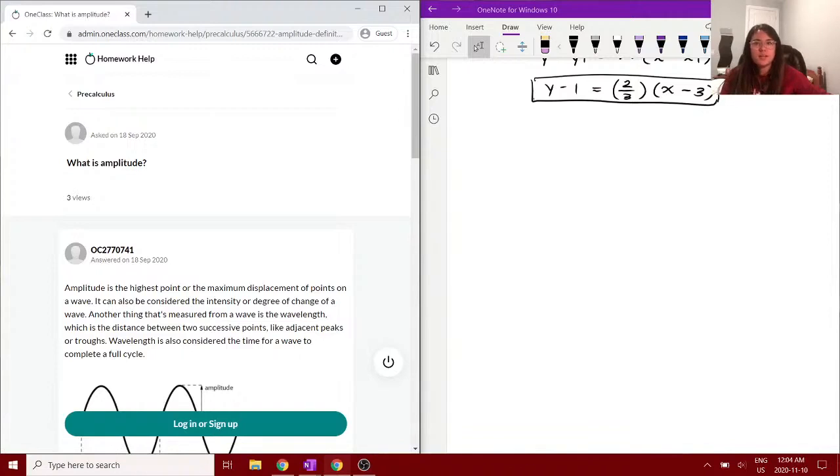All right. This question is asking what is amplitude. So this could be applied in a ton of different scenarios. So we could have this applied to physics or math, like a sine function or a sound wave or anything like that, since they typically oscillate. If we're looking at a wave,